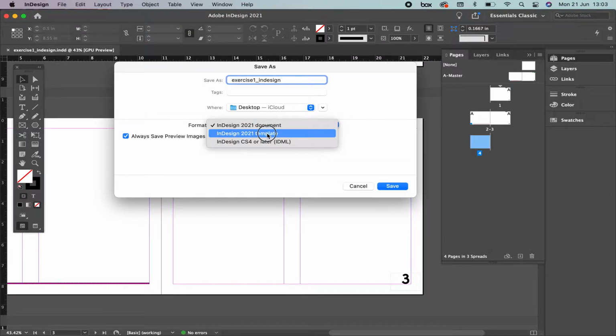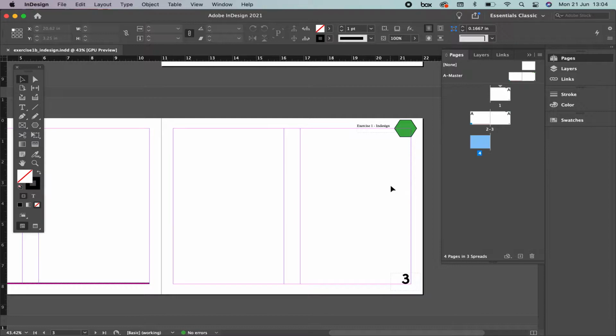If you select Template, this is going to be a file that you can open and use as a base for other chapters, other books, for example. And if you select InDesign CS4, it's for people who have an older version of this software. I hope and I believe that we all have the new version, so please select this one, okay? I'm going to change the name right here. And once you have it like this, please click Save. And voila, you're going to find out that the tab at the top has the name